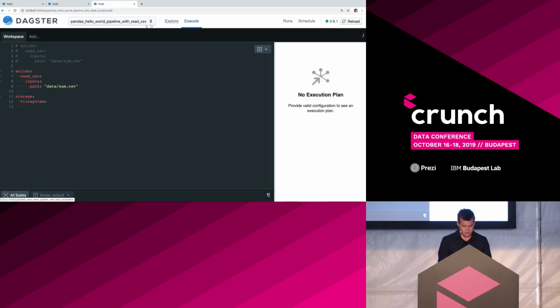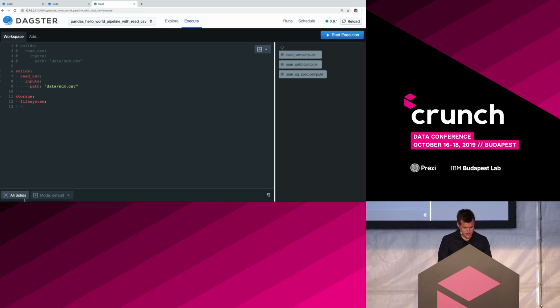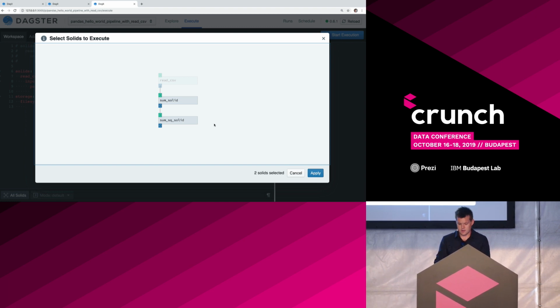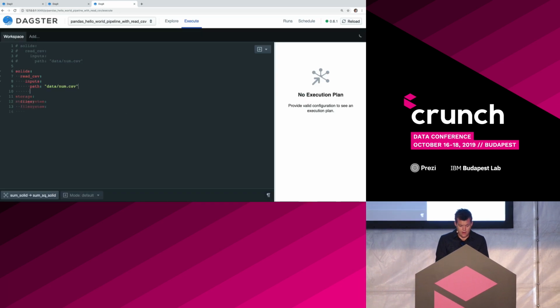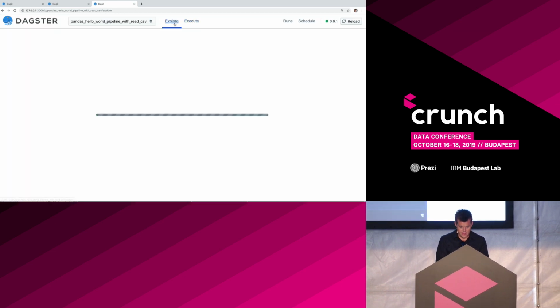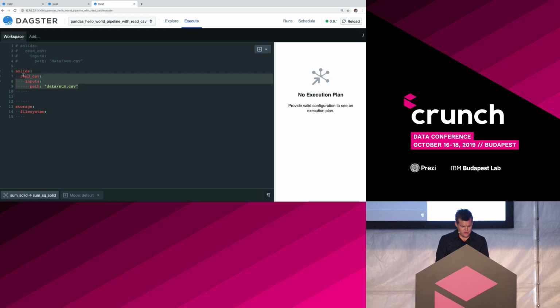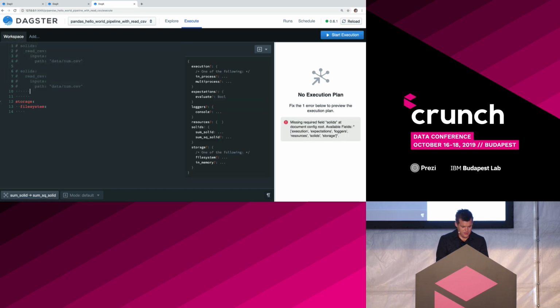Other fun things with this system, you can execute subdags, right? So you can actually go here and say, hey, I don't want to execute that read CSV command that you coded by hand, right? But now you have to provide the input. So now we start execution here. So you have to provide an input to this pandas data frame, right? And so what you can do is that pandas data frame actually publishes how it can hydrate itself from disk.